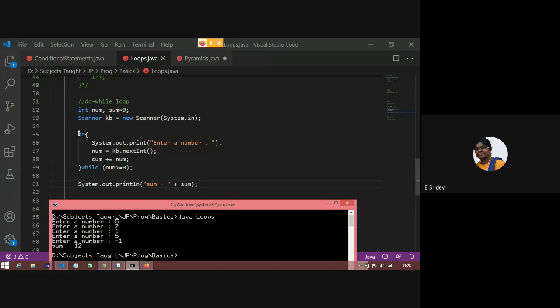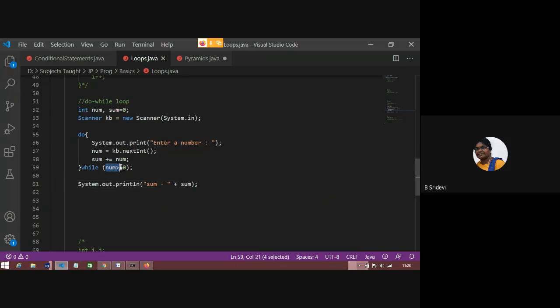Here in this loop, this is not a counter controlled loop. Suppose if you want to add 18 positive numbers, you'll give those 18 and you'll give -1 at the end. So whenever you want to stop, that stopping criteria you are specifying here. Okay, clear?